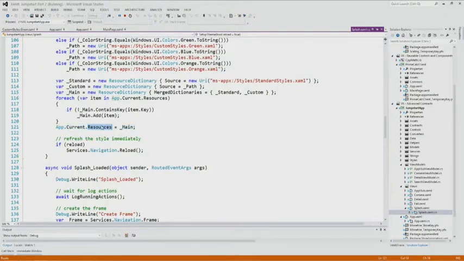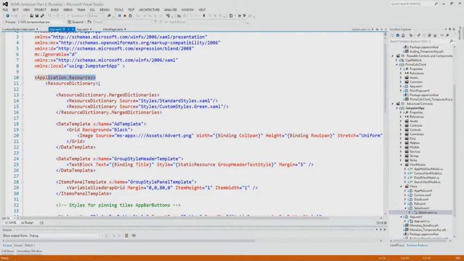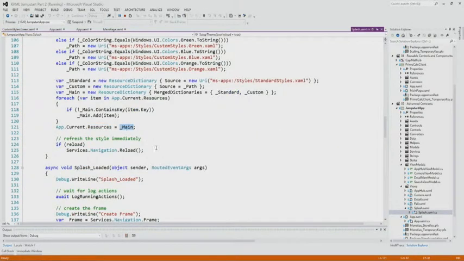App.current.resources equals main. I basically say whatever the resources value is, that's set right here. Whatever that is, I'm about to override it with my new resource dictionary called main. Now, as soon as you assign that, bang, everything changes, yeah? Yeah, no, I wish it did. You would think you would call .refresh, .update styles, whatever it is, but again, just like we were talking